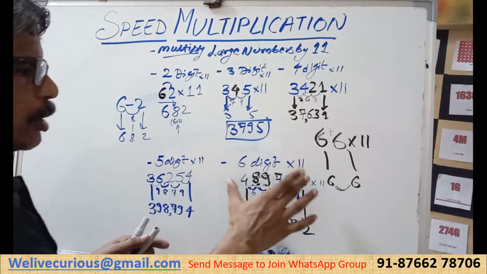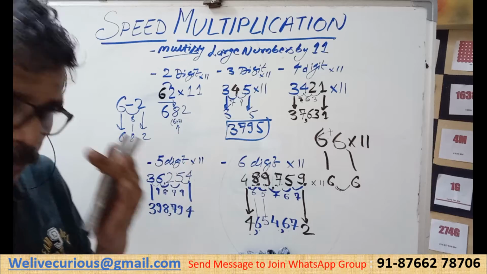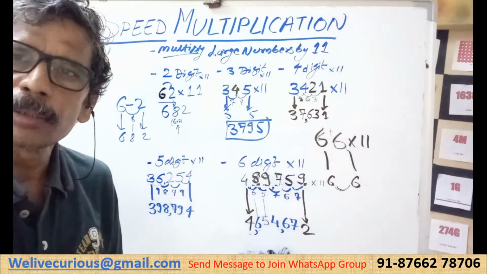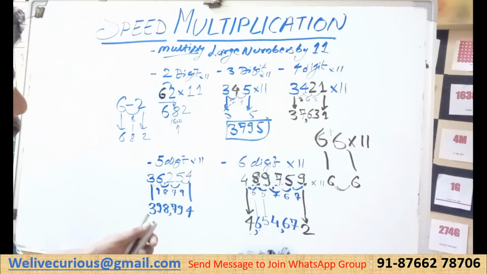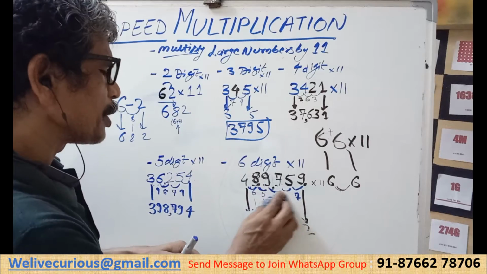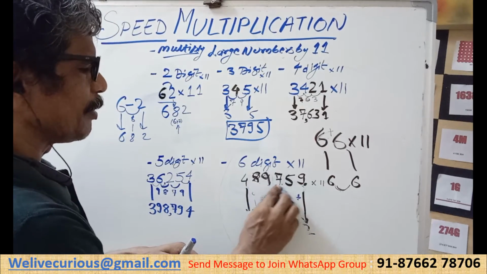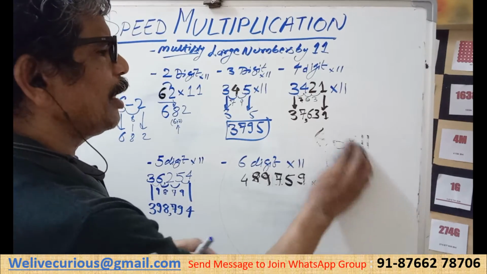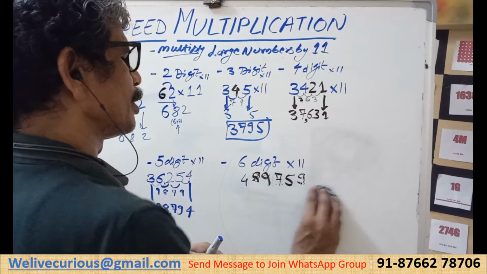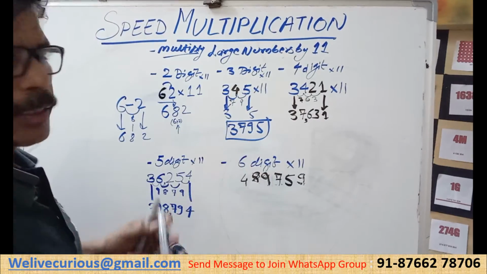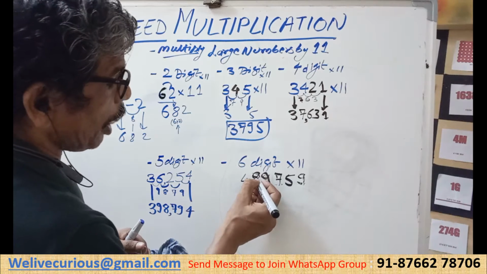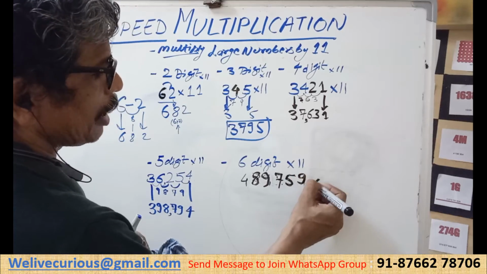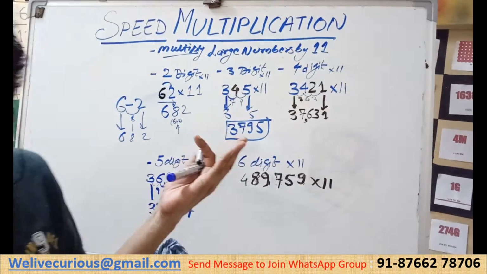I know these are scary questions. You are not supposed to handle this, but any primary kid can do it. A little exertion, a little commitment, and a little effort is of course required, and I know you are all ready for doing that because there is fun ahead. Once you start taking up challenges, then life becomes fun. Now you see, 489,000. Imagine yourself doing it without a calculator. 489,759 multiply 11. Want to do it?